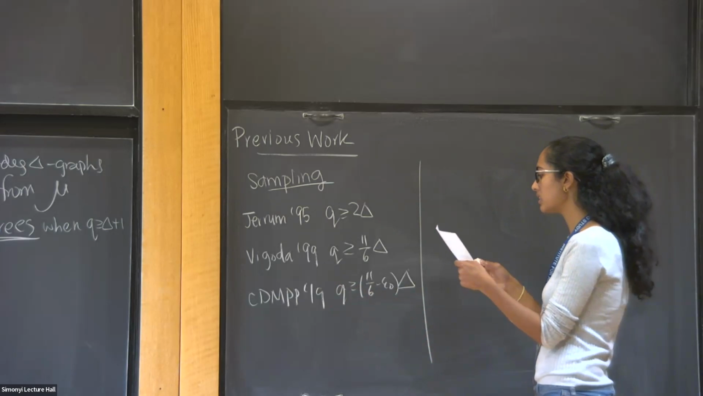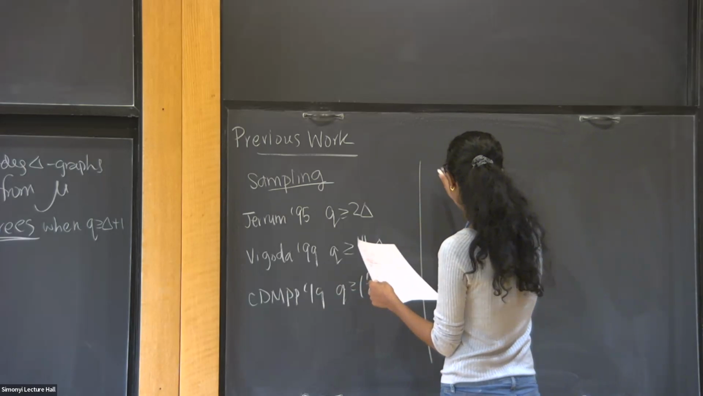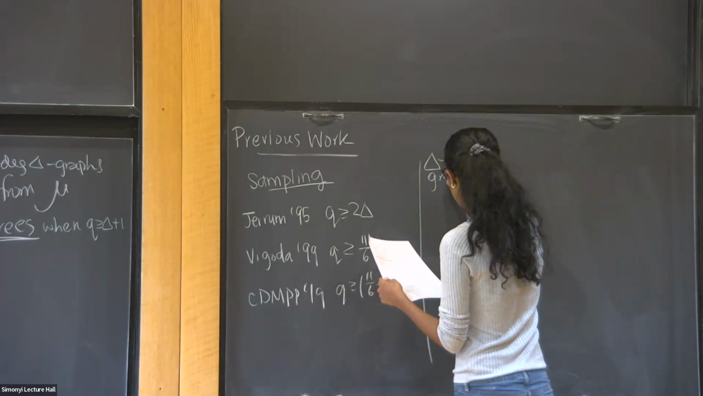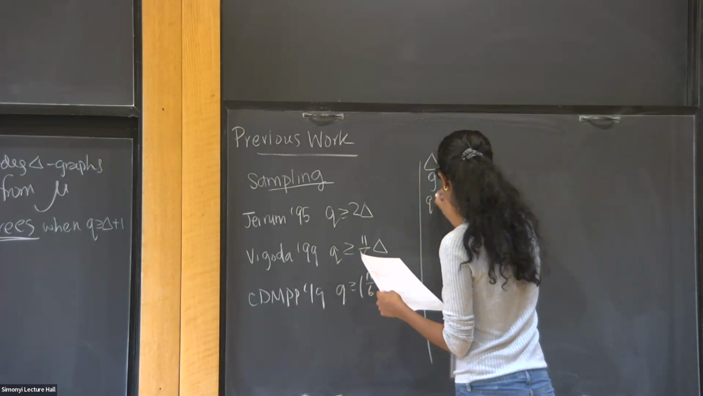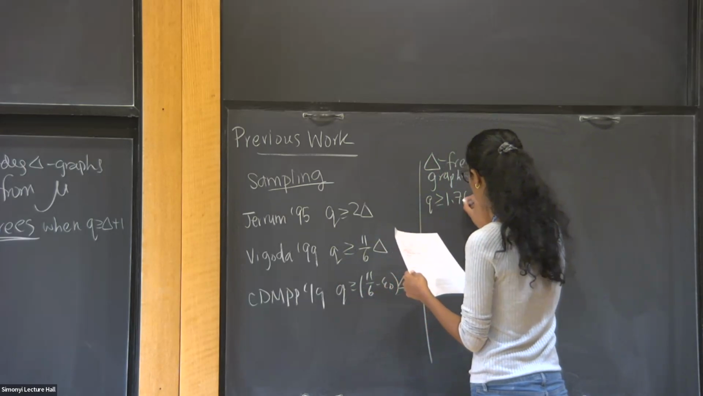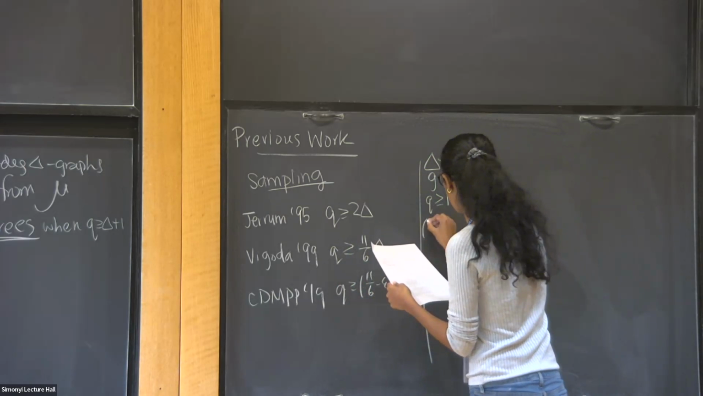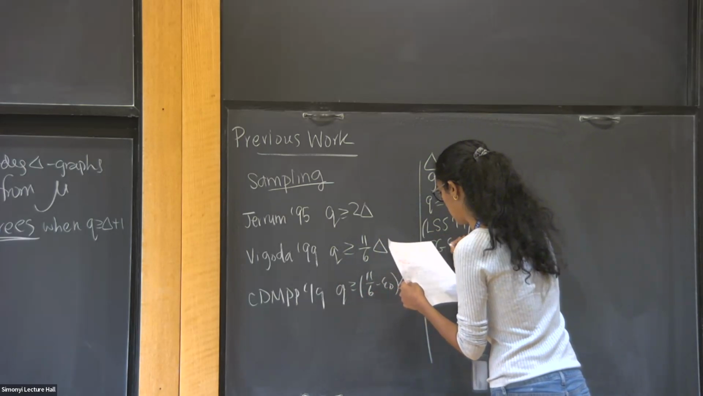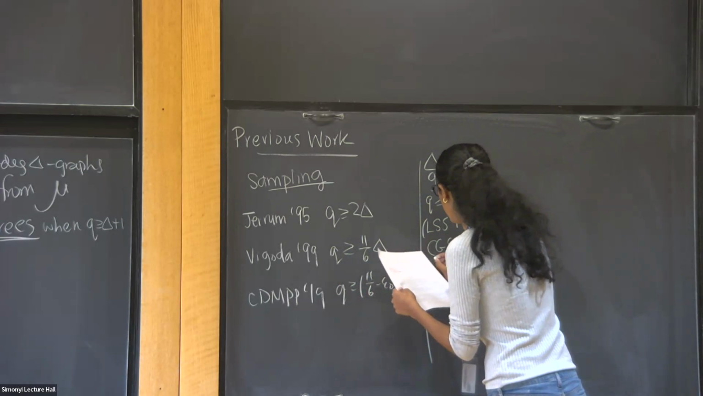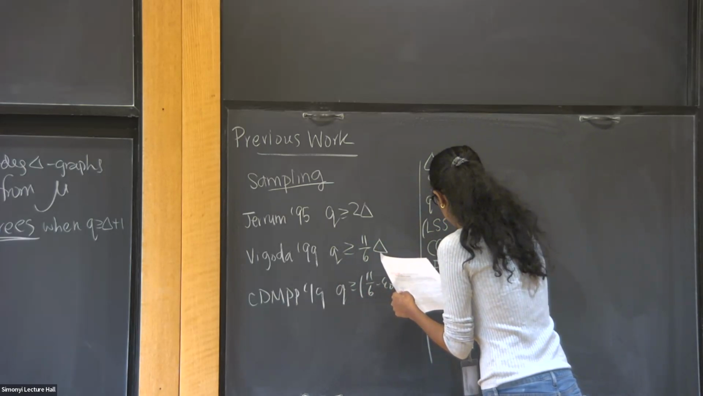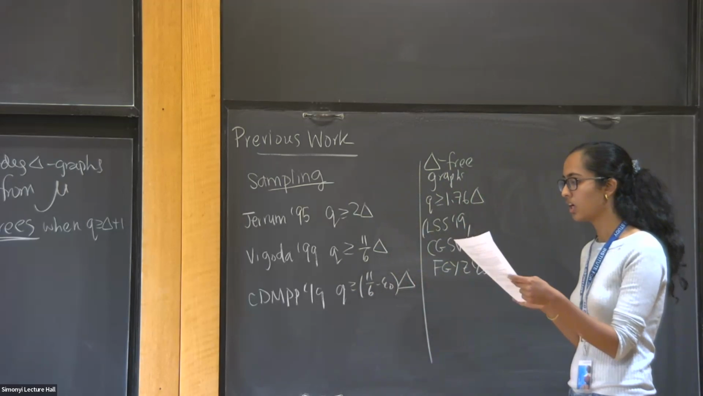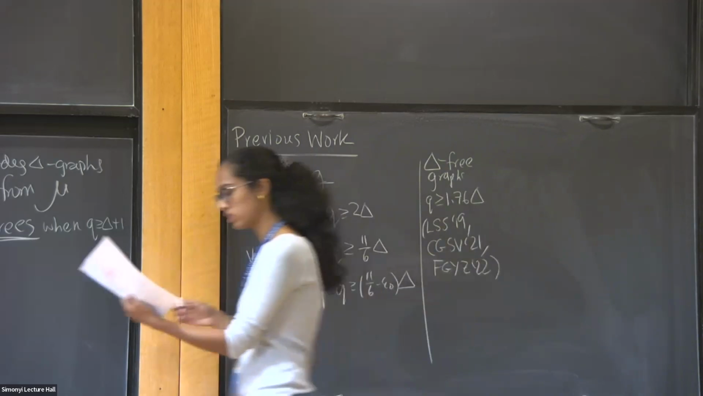So what's known in this area? The best known for sampling from triangle-free graphs is when Q is at least 1.76 delta, which has been shown independently and roughly concurrently by several groups of authors as a consequence of a variety of different work. You can see we make some progress. This is smaller than 11/6. And perhaps more importantly,